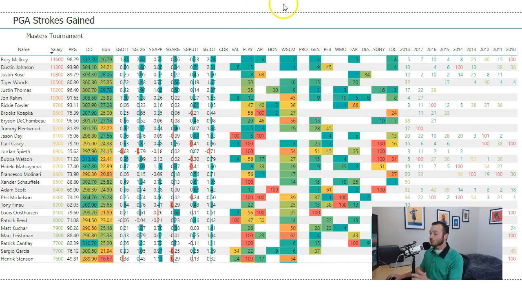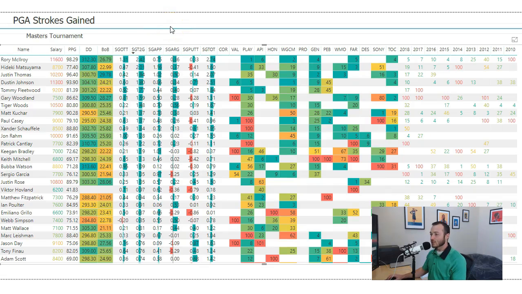But anyway, that's the only reason you could argue not playing Rory, who is going for the career Grand Slam. His stats are beyond good. So if we just sort this by strokes gained tee to green, he is averaging 2.4 strokes gained per round from tee to green. That is about 0.4 of a stroke better than the guy in second place, who is